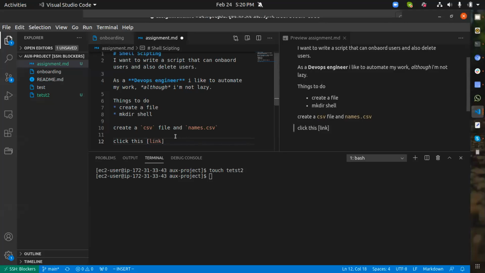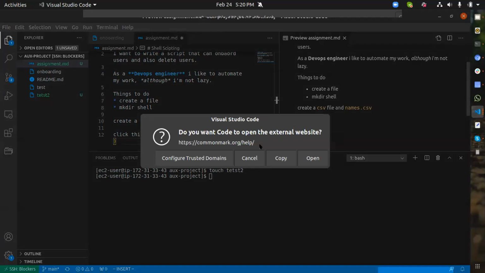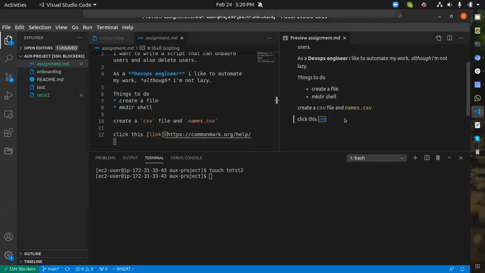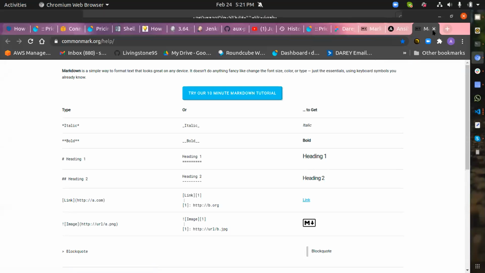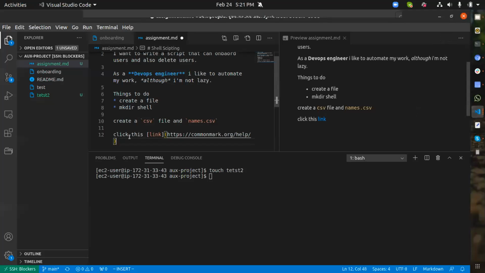Create a link. I'm going to put the link here so you can see how it has been represented. So I click on this. Can you see? Just open. It's going to take me to commonmark.org, that site that the link is representing. So you can see it worked fine. So anyway, click this link to learn